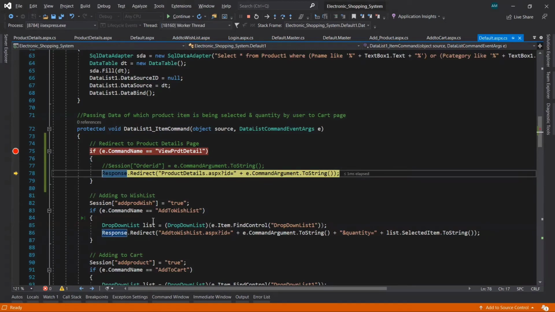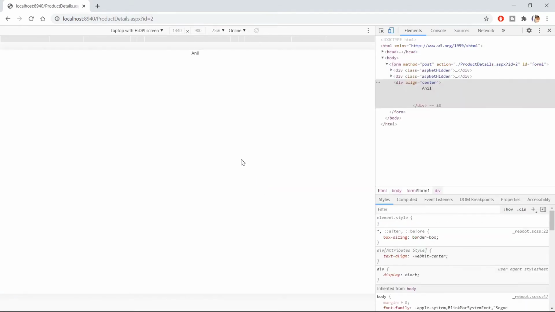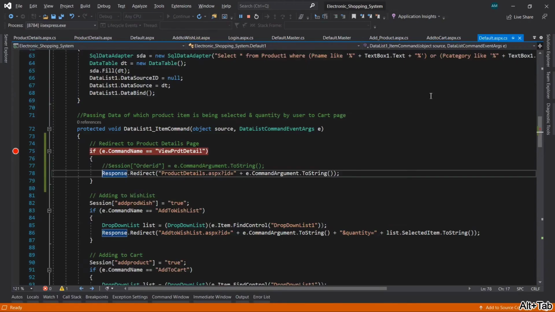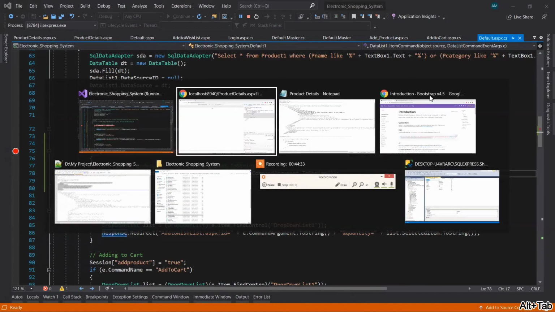Okay, here it works. When it comes here, you don't find any controls to display anything inside this page. I don't know why it's doing this. Okay, let's see.